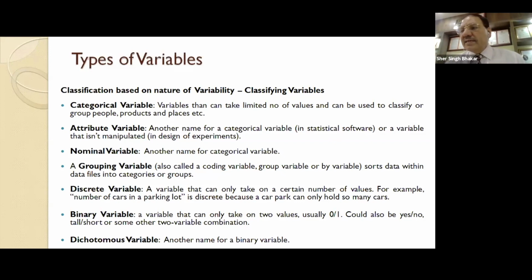Binary variable, it can take up only two values, 0 and 1. And in fact, if you look at dichotomous variable, it can also take up two values. Binary variable and dichotomous variables are similar. Dichotomous variable is when a person or a thing can be in those categories, it cannot be in the other, right?